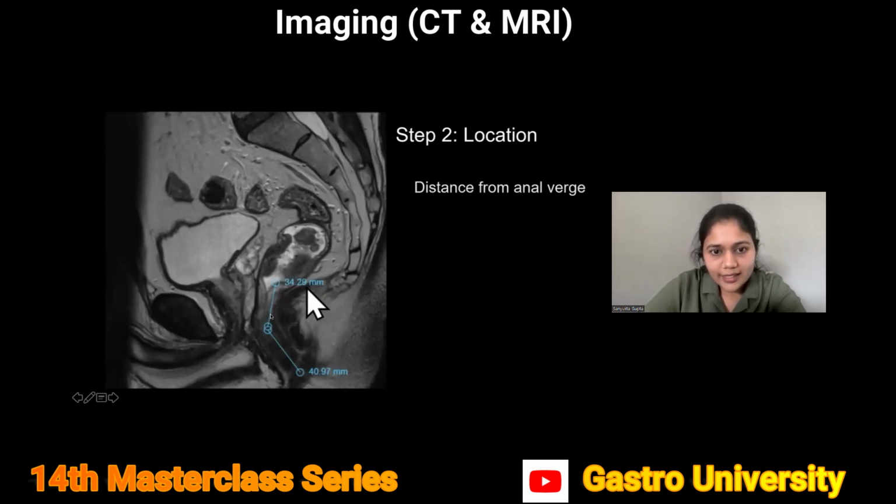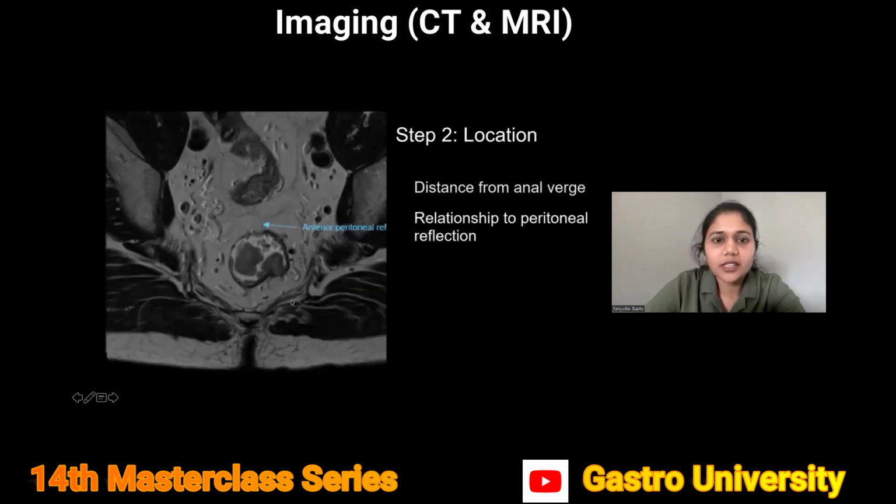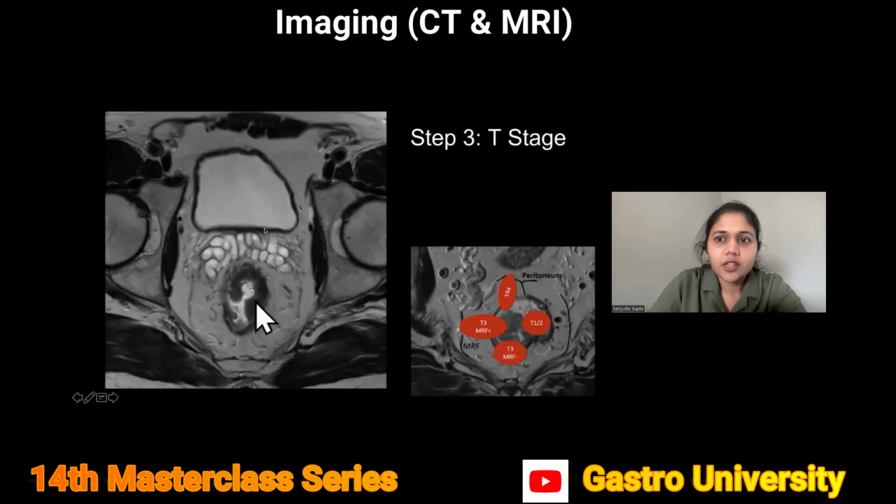So we take a slightly diagonal plane according to the luminal distance from the anal verge. Similarly, the location, the relationship to the anterior peritoneal reflection, the T3 stage finally. If it is a T1, T2, it is limited to the submucosa. If it's invading the muscularis propria, it becomes a T3 stage. Then T3, again, we need to identify the maximum distance beyond the rectal wall. And then we have to specify whether it's MRF positive or MRF negative. And if it is anteriorly going beyond the peritoneal reflection involving the other organs, then it becomes a T4A stage.